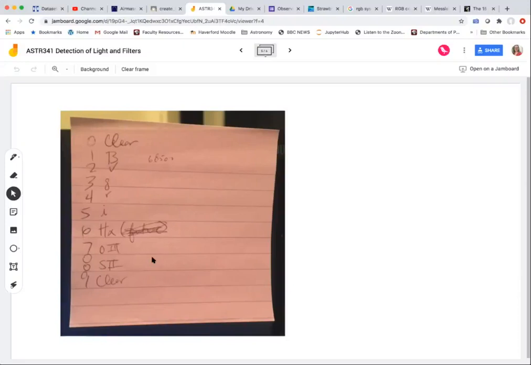You could try using emission line imaging on a planet. There might be something interesting going on. Rocky planets, probably not. But gassy planets like Jupiter and Saturn might have emission line stuff going on. Galaxies also. One of the challenges with the emission line filters is they're very narrow. They don't let a lot of light through. That can be good because they don't let a lot of skylight through, but